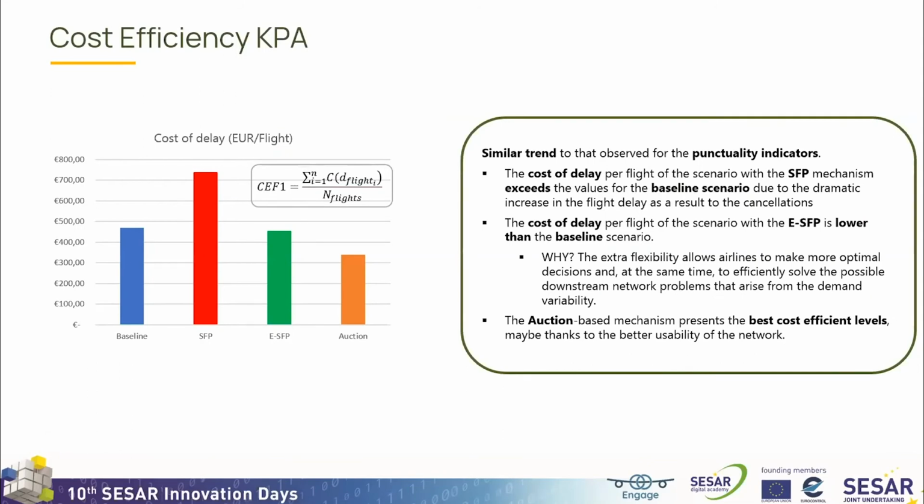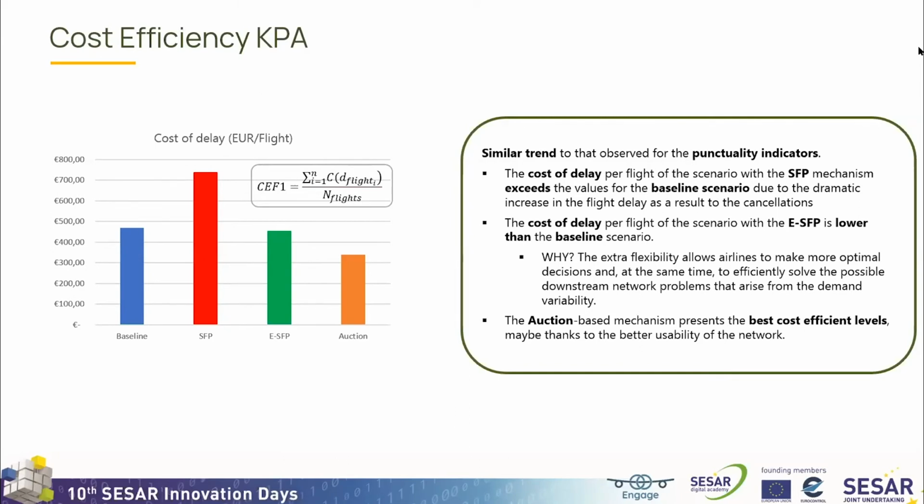The cost efficiency KPA is measured by the cost of delay per flight. Here, a similar trend to that observed for the punctuality indicators can be observed. The cost of delay of the scenario with the selective flight protection mechanism exceeds the value for the baseline scenario. Additionally, the cost of delay of the scenario with the extended selective flight protection is lower again than the baseline